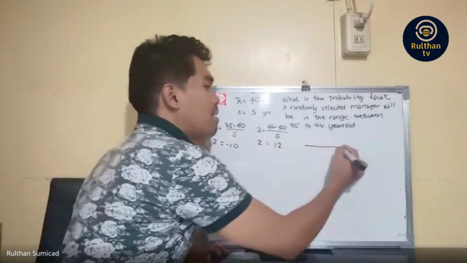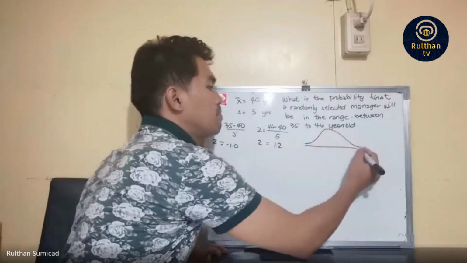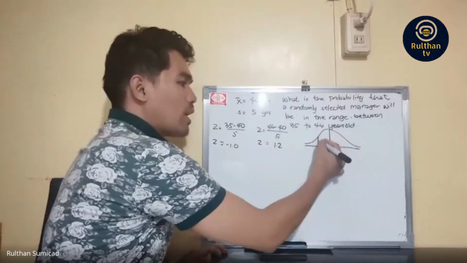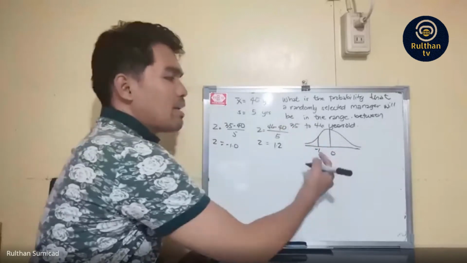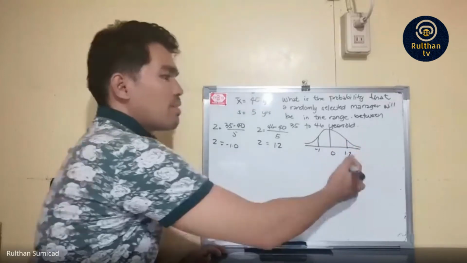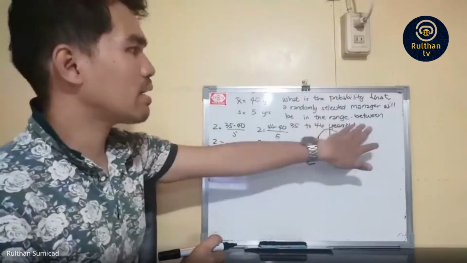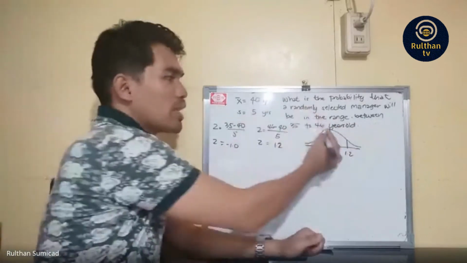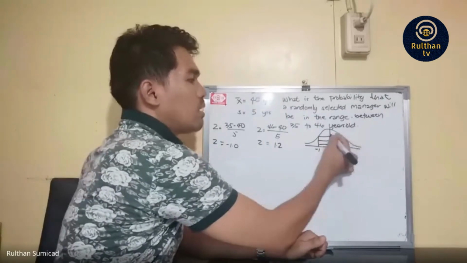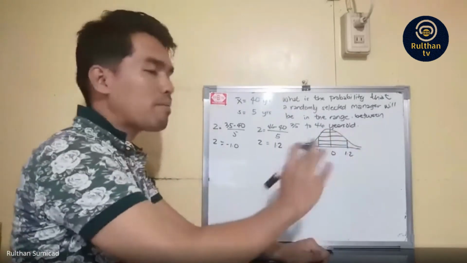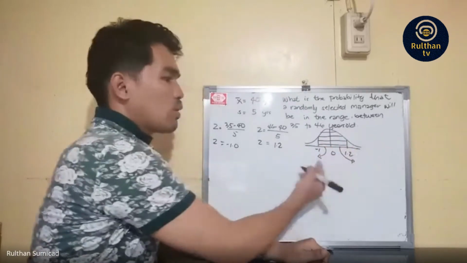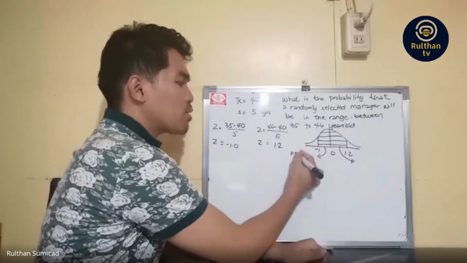Drawing out the graph, this is 40 years old. One score here is negative 1 standard deviation below the mean, and the other age is 1.2 standard deviations above the mean. Since the question is between these ages, that is referring to this area. We all know from the table just this part and this part. So this area is the probability distribution of a z-score,